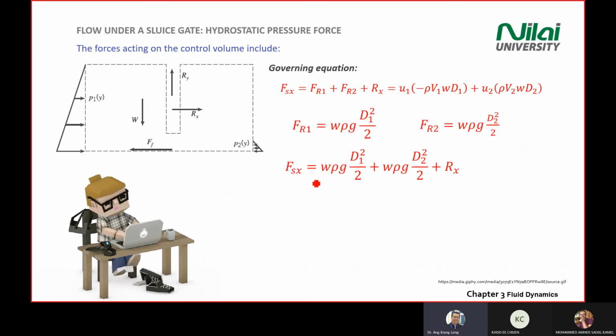Okay, then you can find the answer already. So you rearrange the equation. You will get W rho g, d1 squared and d2 squared, plus Rx. I think there is a mistake here. This one is a typo error. It should be negative because if you move R2,